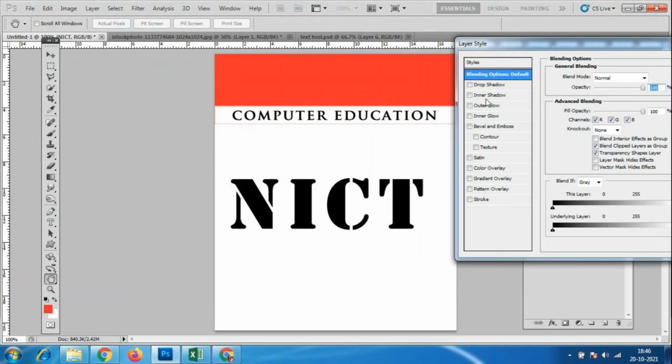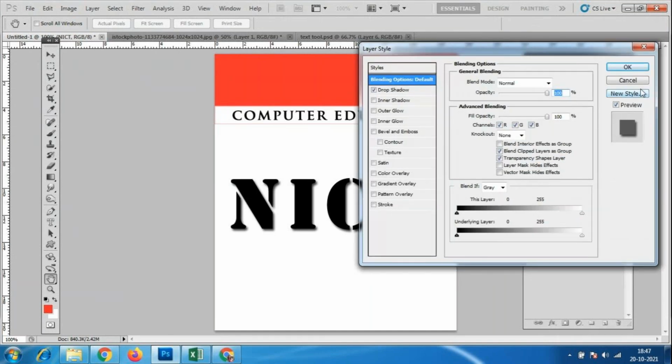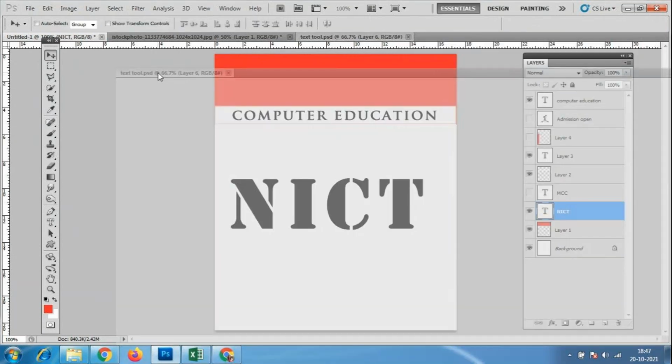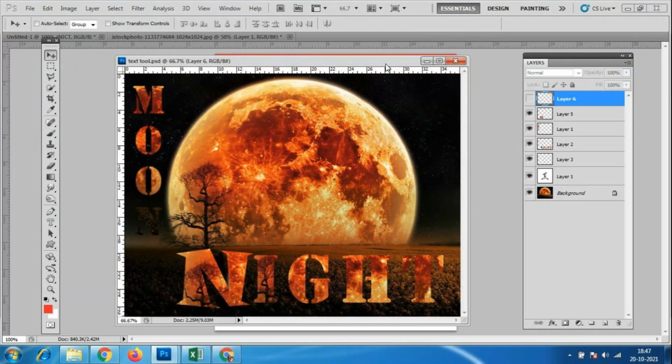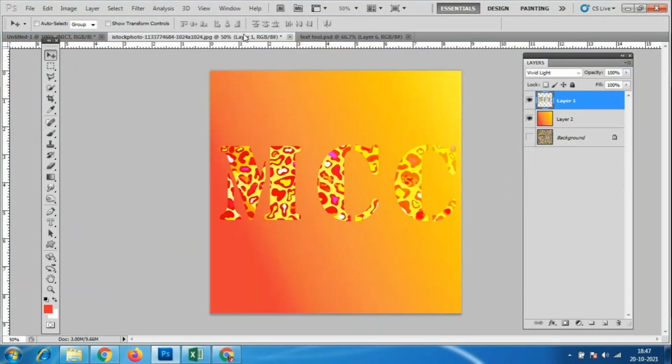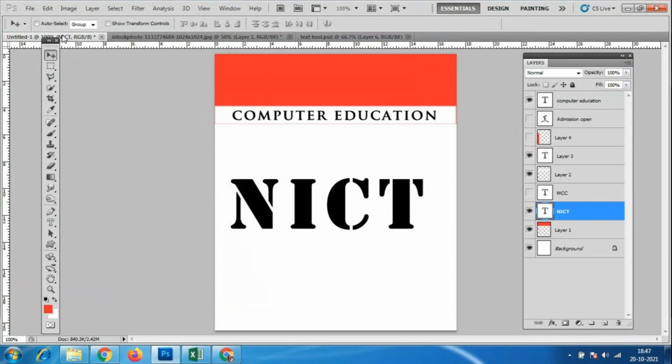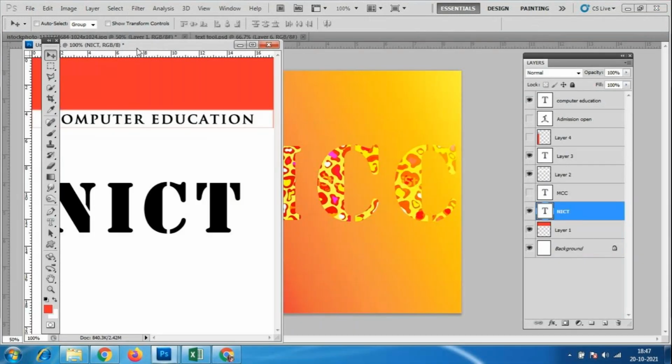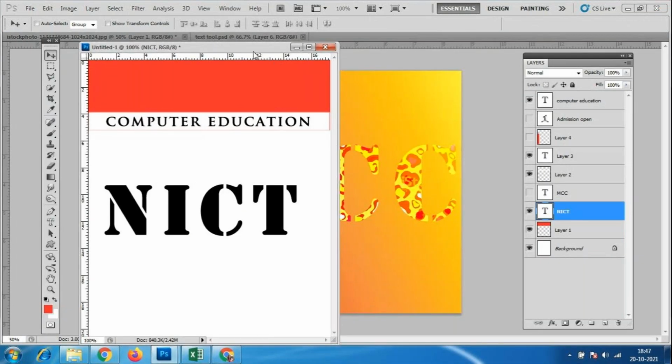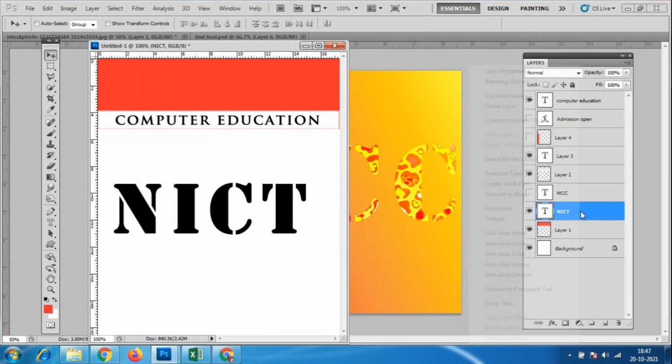Okay, the option called drop shadow. If we use this drop shadow, I'll keep this text like this. Where is my text layer? Yeah, I'll keep it like this. Okay, right click on this NICT, the text layer, blending option.